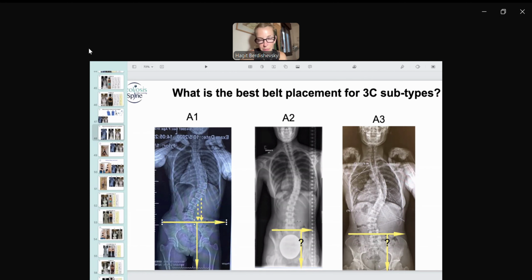A2 type, you need to see. They don't have a lumbar, but they are also not like the A1 type. So you can maybe overcorrect. I don't think it's going to risk the thoracic. And you can put a belt on the side. Just see what is best. Looking, this is the key. What is